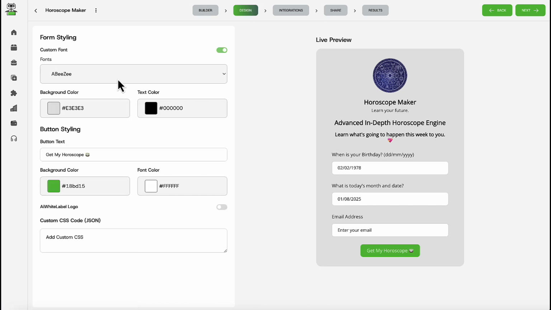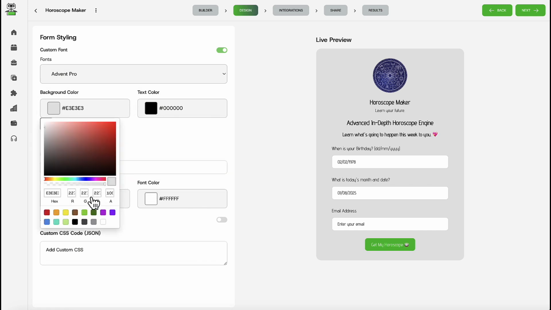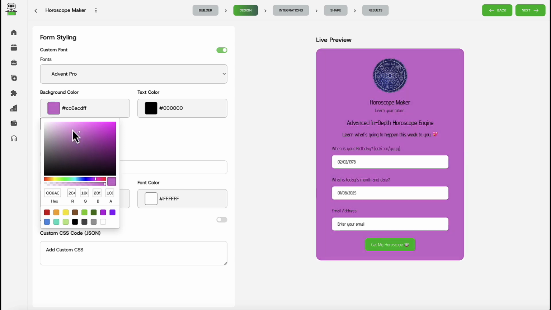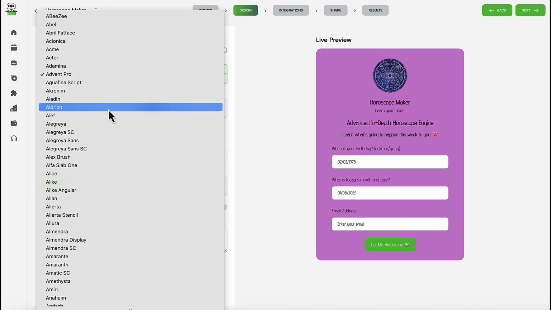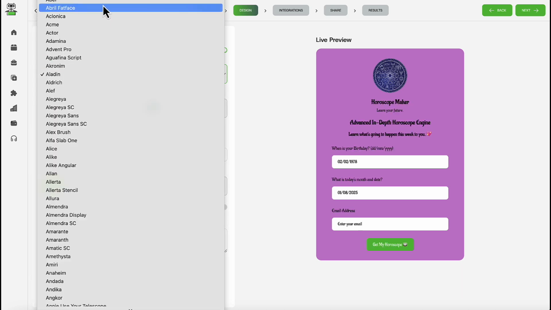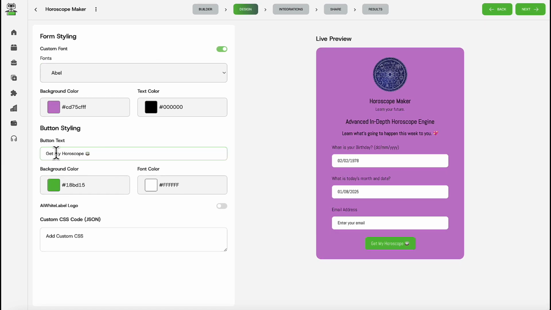So first we can choose to have a custom font if we want. Change around the background color to like purple or something like that. I don't really like that font. Let's change it to, that's worse. Something like that. Here's the button. So we say get my horoscope. If we want to charge, we could say, okay, submit $10 to get our horoscope for the day if we're integrating our Stripe. If you don't like this form style, then you can just add your own custom